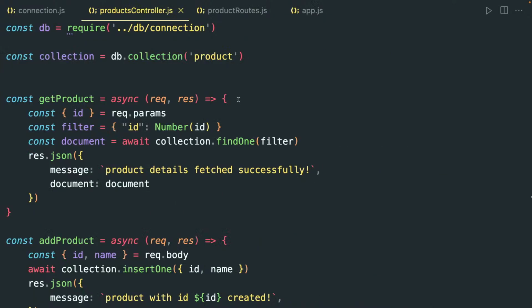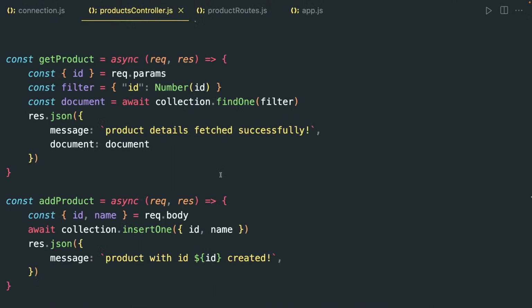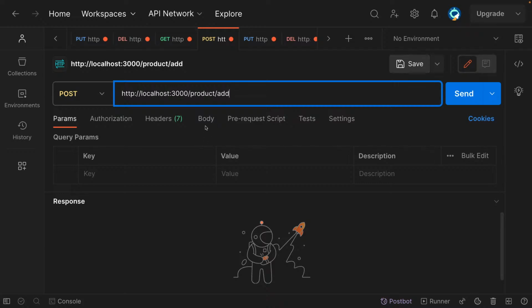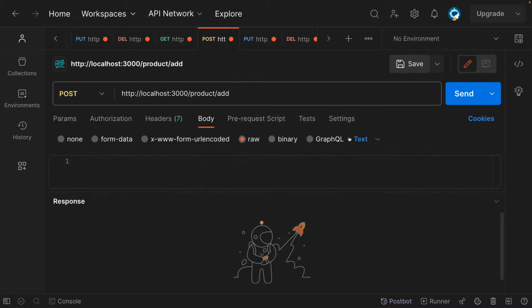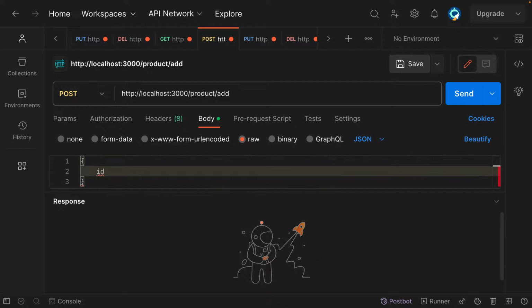Now we will try to add our product and see in MongoDB Compass if it has been added or not. So inside our body, we're going to use raw, then as usual JSON. Let's just first add the ID, then I will show. We don't need to add ID inside our MongoDB. Let's add ID, then